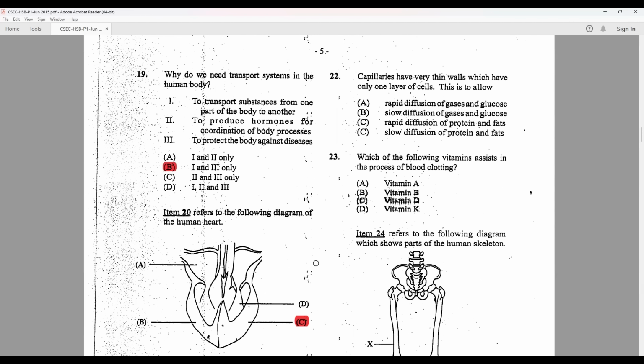Capillaries have very thin walls which have only one layer of cells. This is to allow what? Rapid diffusion of gases and glucose. Yes, that's correct. Slow diffusion? No, we aren't doing anything with slow diffusion. Rapid diffusion of proteins and fats? Well, proteins and fats need to diffuse,